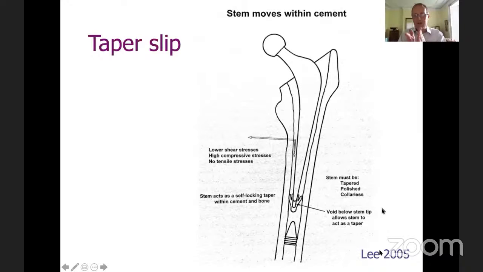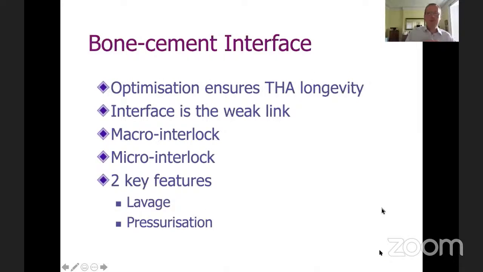As it does so, it converts shear forces into compressive forces, which are good for the bone and good for the interface, such that you're not causing a breakdown of your interface. Because once you lose your interface in whatever implant you've put in, your implant has failed, it's loose. So this bone cement interface has ensured the great longevity that we see in the registry figures, and it relies